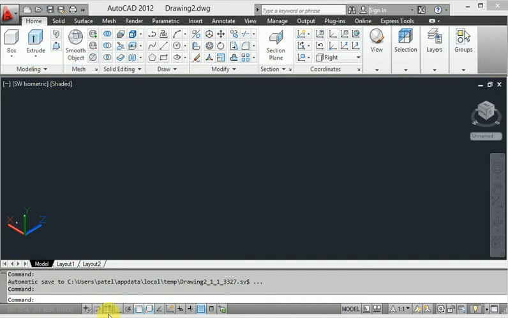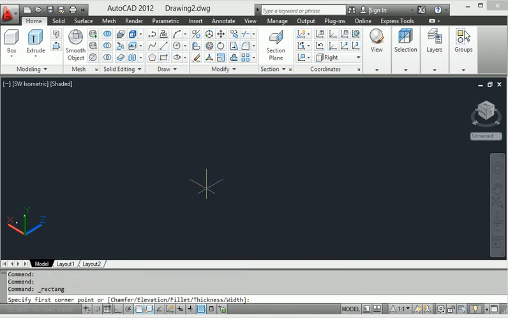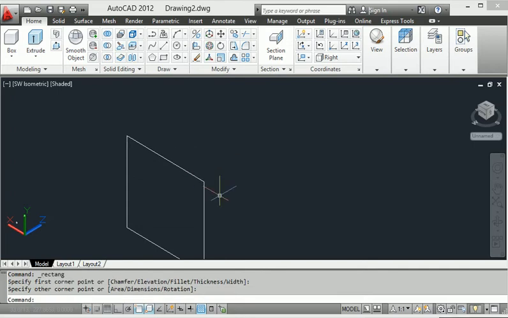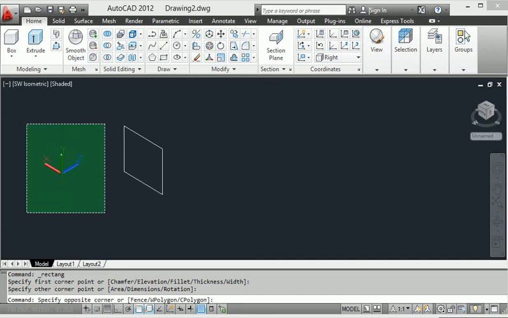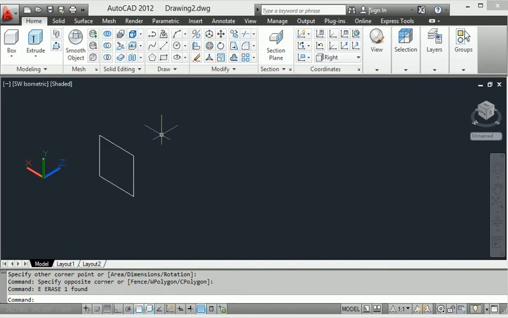First of all, I create a rectangle. This is the rectangle here. Then I copy it in the same diagram.